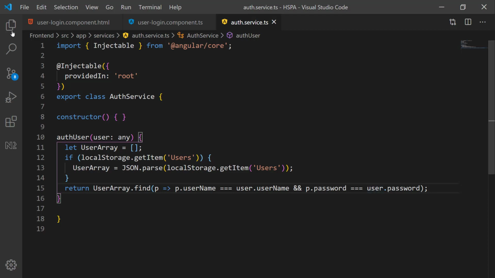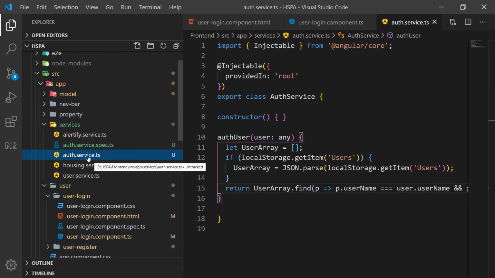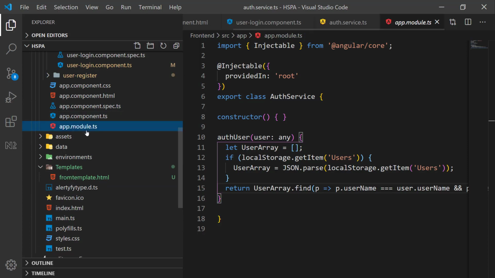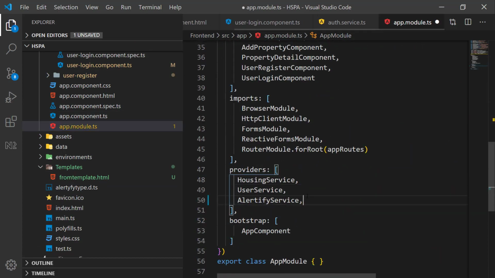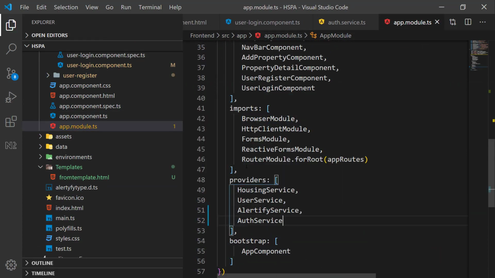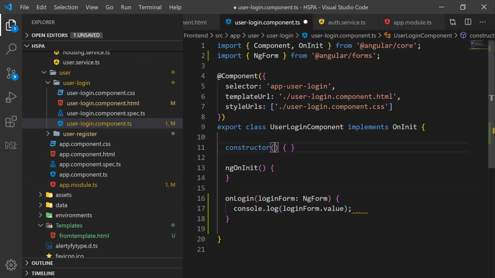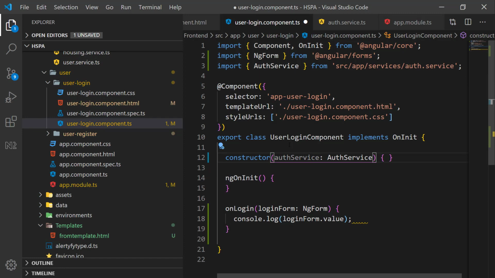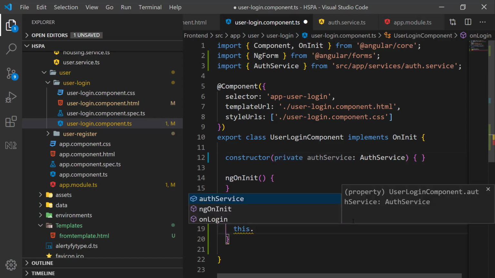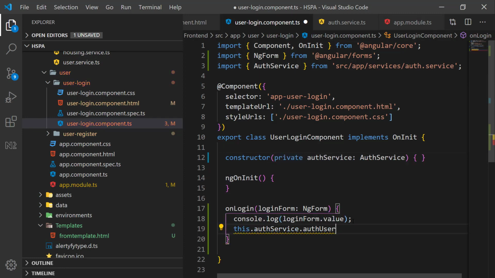So our service is ready, and to use it in our component, we need to add it in the provider list here in app module. Now we can inject our service here in the constructor. And let's authenticate our user using this service here in the onLogin method.